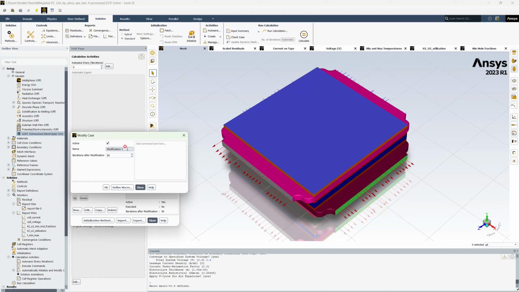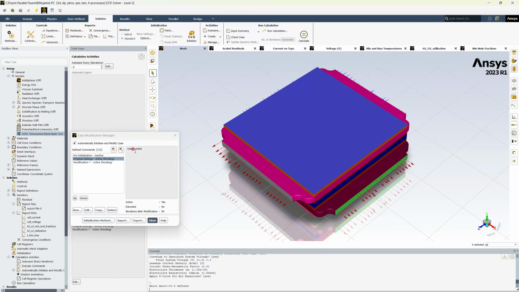So this is the modification one, and here we will add the macro v 1.0. So okay, unselect it and select this one, macro at 1 volt, new modification to 50 and macro 0.9. Okay,